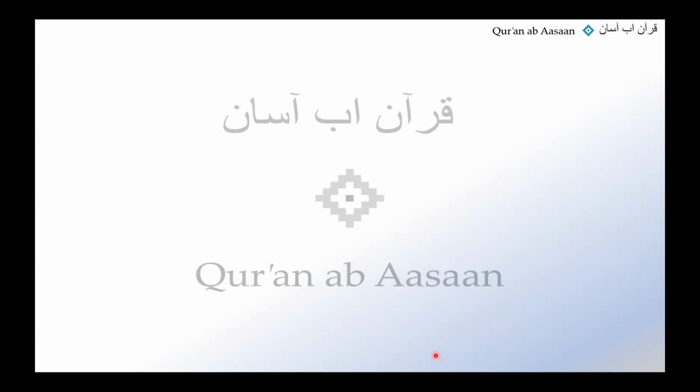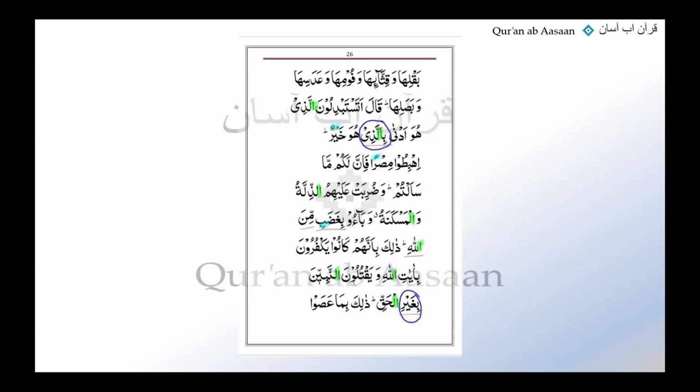Now, let's just see what problems we encountered when we were hunting for these Murakkabe Jari in the Juz. Let me show you one common issue here. If I show you this page, let me show you a common issue here. I will just highlight it for you. Look at this. What is the problem here? What do you think is the problem here? What were we supposed to do to begin with?